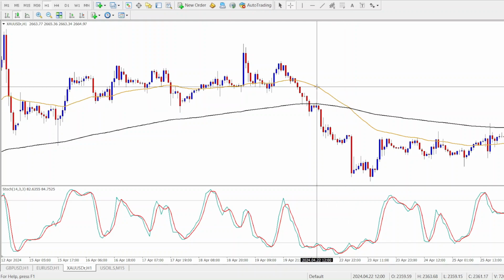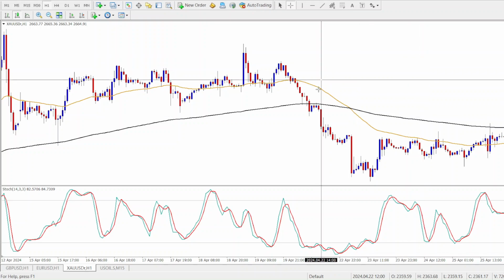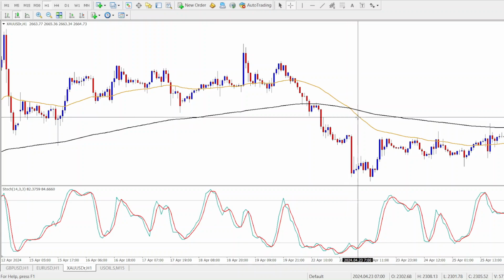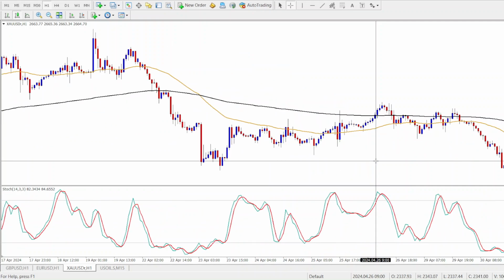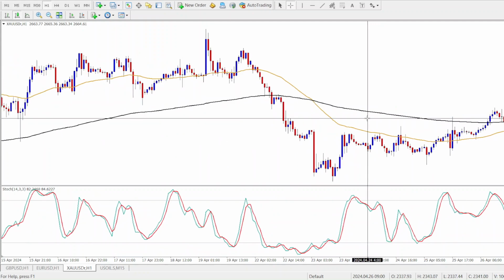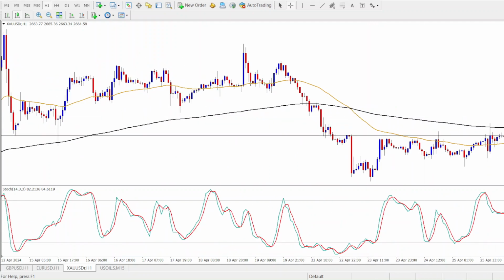Okay, so just know that the sell signal is just the opposite, right? You have to wait for price to cross below the 50 EMA, and the 50 EMA should be below the 200, and then you should have a retest of price to the 50 EMA, and then you get a bearish candlestick pattern, and then you have a stochastic oscillator pointing downwards from the overbought region, at least close to the overbought region, even if it's not inside. Okay, so it's just the opposite of a buy, basically. Okay, so now